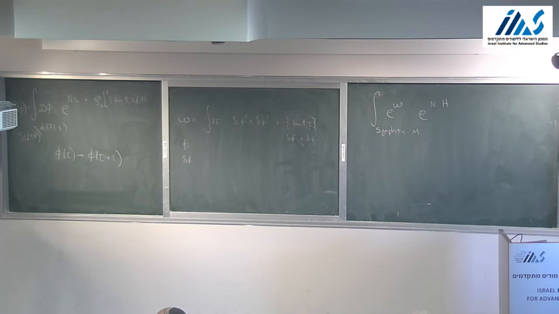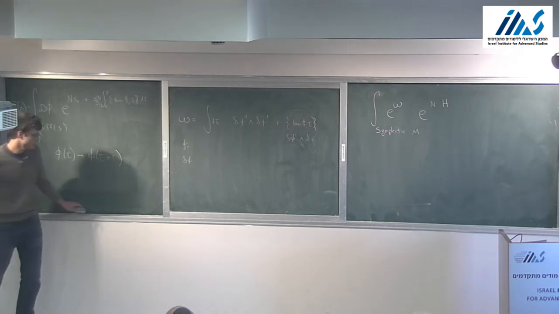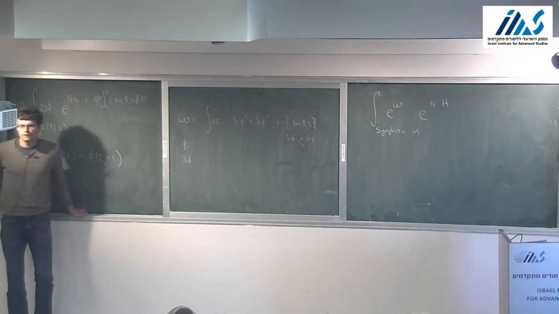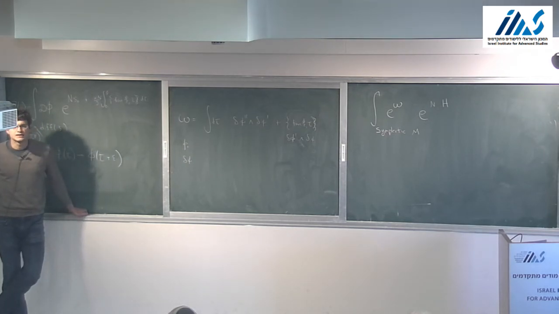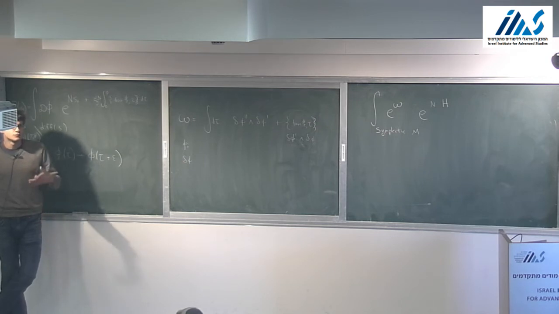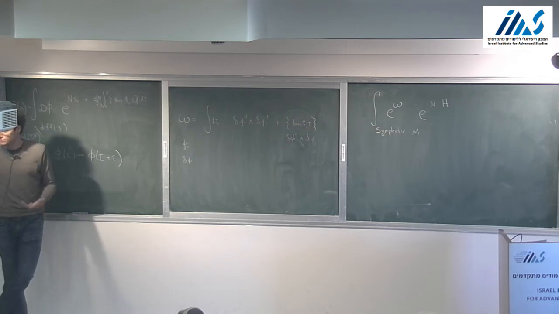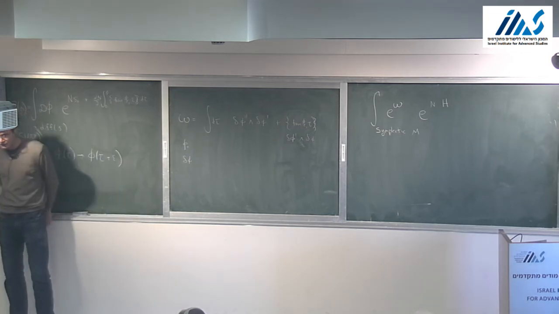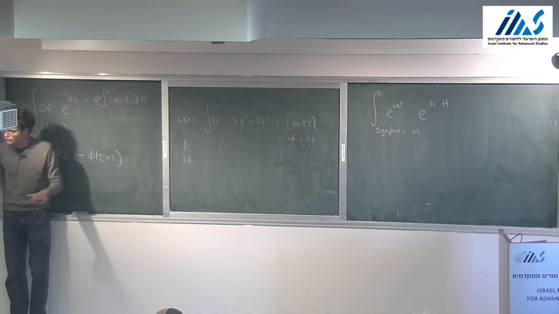How do we get the symplectic measure from JT gravity? Okay, the simplest way is the following. You think of JT gravity as a topological BF theory. There's a way of writing the JT gravity action in the first order formalism for gravity as an SL2R BF gauge theory. And in the SL2R BF gauge theory, we do the integral over the B term, and it reduces us to flat connections. It sets F equals 0. This is a standard way of analyzing these BF theories. And so we're now integrating over flat connections.